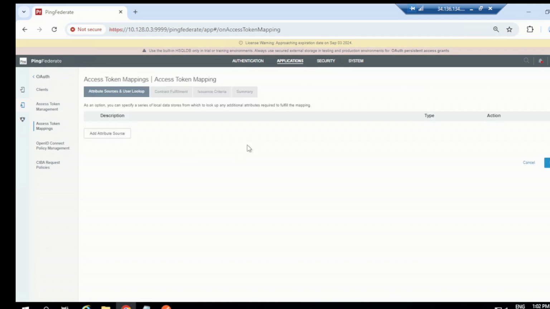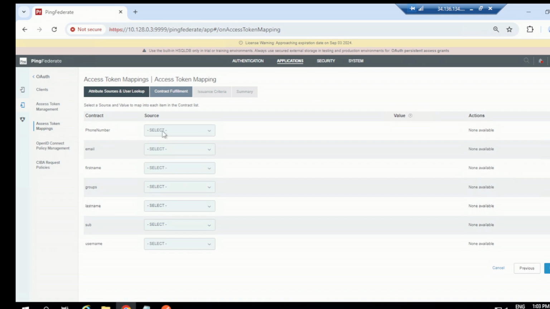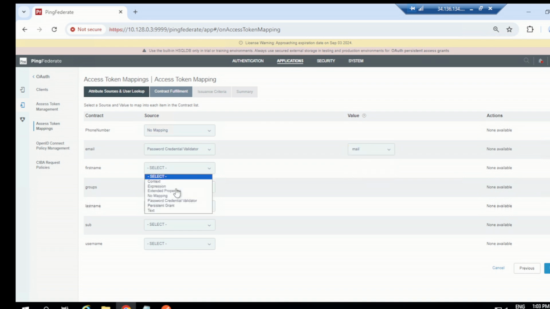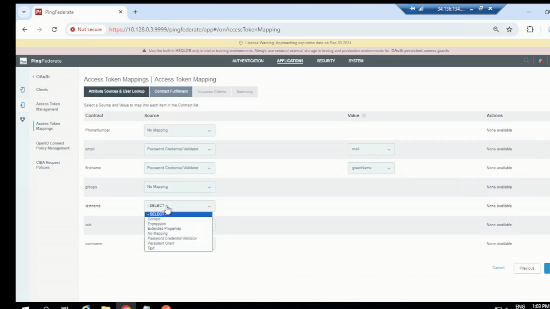mapping. Okay, now just leave this add attribute source, go to next, and we can bring the values directly from the password credential validator. So phone number you can just give no mapping, not required. Email you can choose source as a PCV, and bring the value as mail. First name choose PCV as a source and bring the value as given name. Okay, and then groups you can put a no mapping, and last name you can choose as a password credential